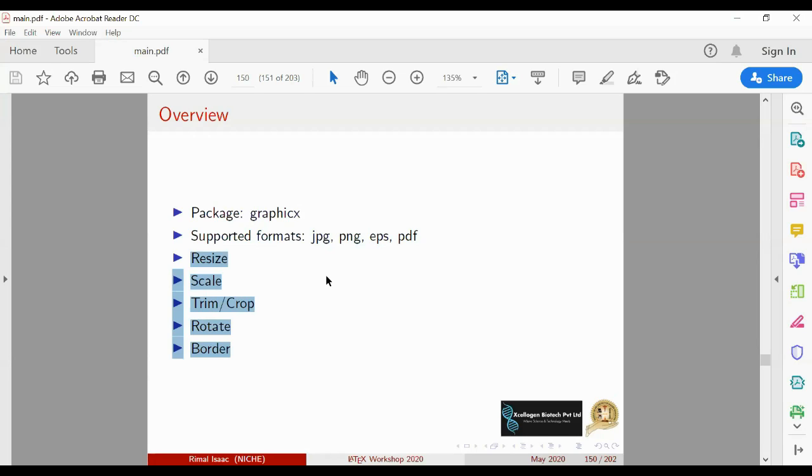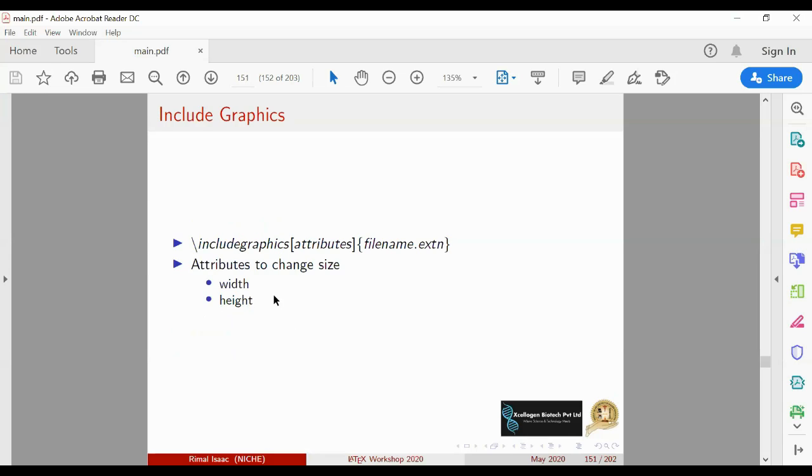You can do all those things inside LaTeX itself. You can resize, you can scale, that is increase or decrease the image. You can trim or crop, you can remove unwanted areas, you can rotate the image, you can add a border to the image. So all these things you can do inside LaTeX itself.